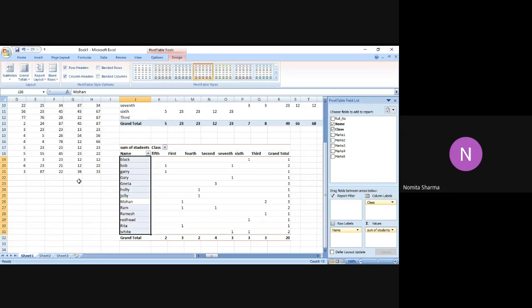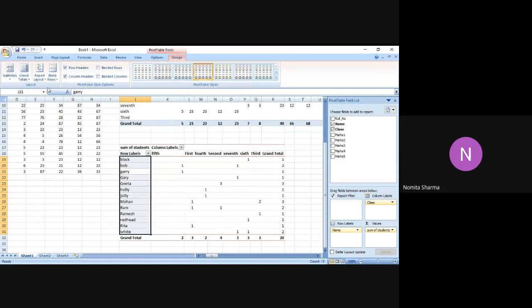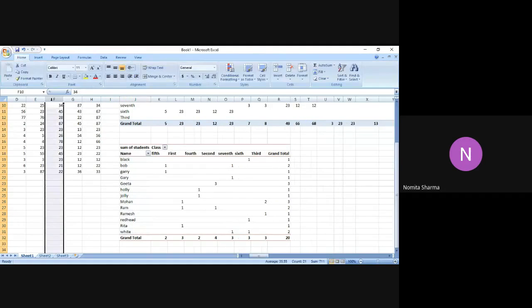In a similar manner, if I select the other option, show in tabular form, you will see another change happening in this form. The point is that it allows you to work with the data, and you can have different layouts. It is already in the tabular form, that's why you didn't see a change here. So I go back to the compact form. I prefer using the outline form.